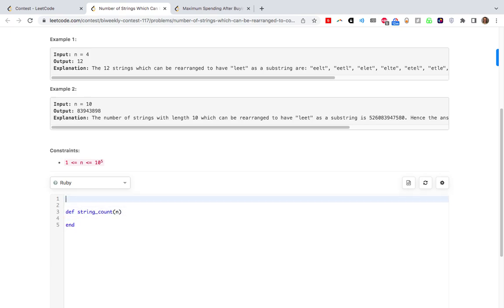Okay, let's do it this way. STRs equals, okay, so I need to memorize. I need to go off every possibility of